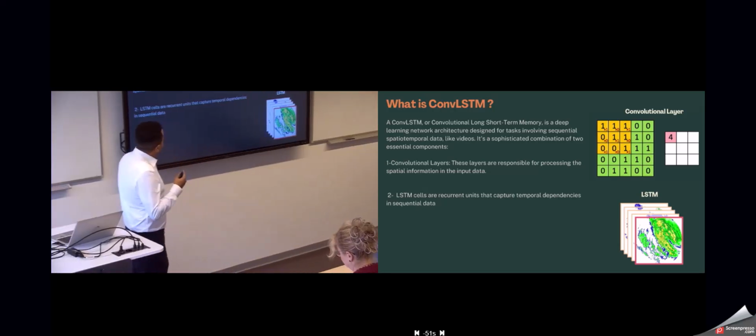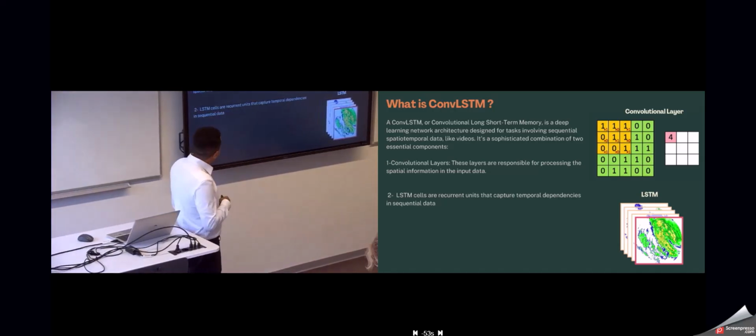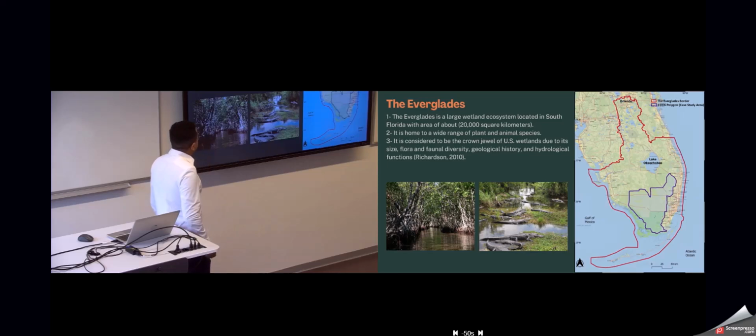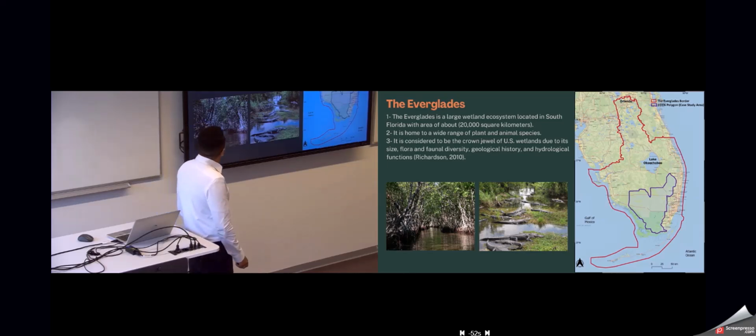The convolutional layer is responsible for processing the spatial information, while LSTM is used to capture the temporal dependencies in the data. So in this research, this model is used to forecast the water level in the Everglades. The Everglades is a large wetland ecosystem located in South Florida in the USA. It has an area of 20,000 square kilometers, and it's home to a wide range of plants and animal